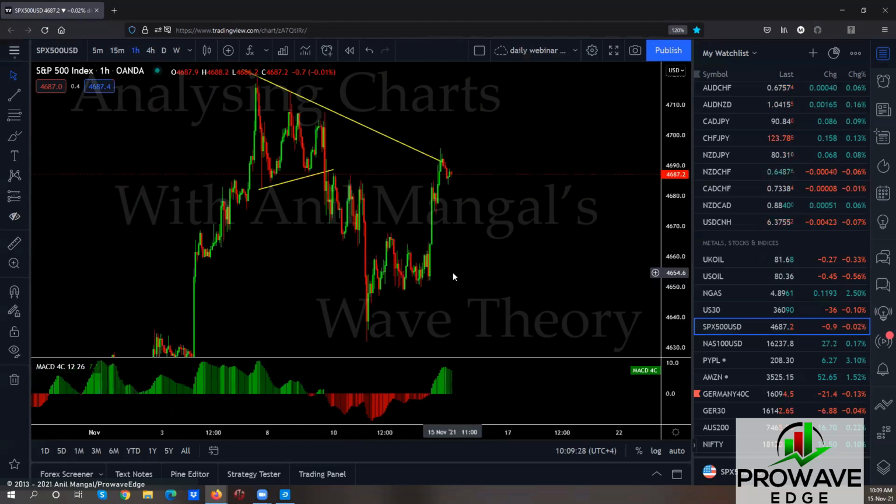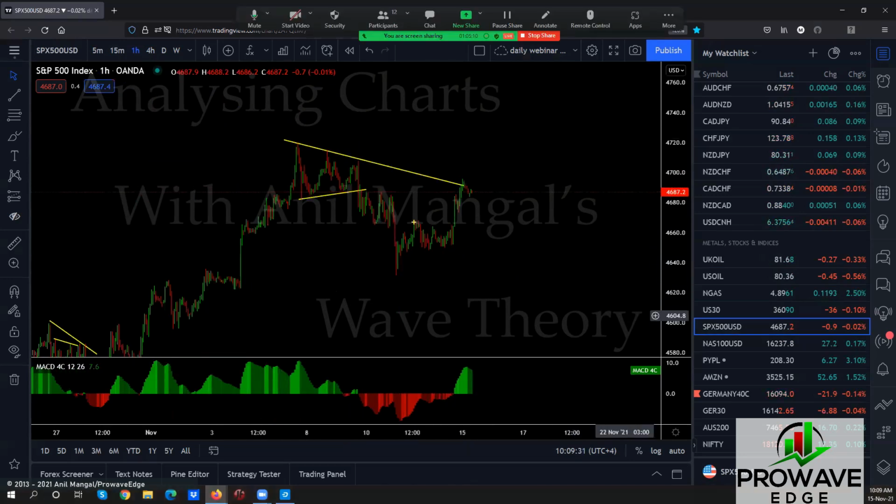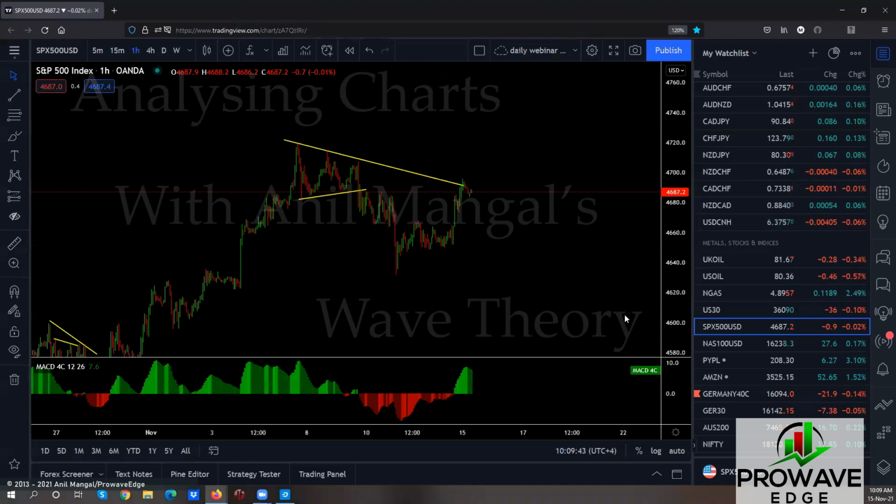S&P 500, we're at the top. So two things are going to happen now. We saw this. This was a buy. Last week, Friday, we called that buy. If this is going to drop back here or it's going to go up. If it makes a flag, you buy. If it drops here, make a flag, you sell. Both are possible.